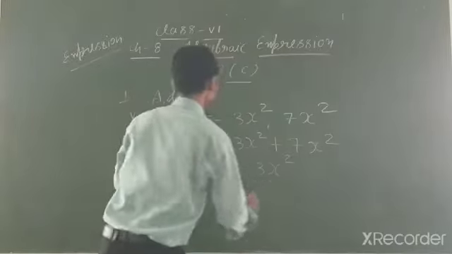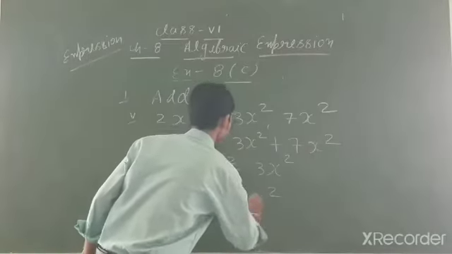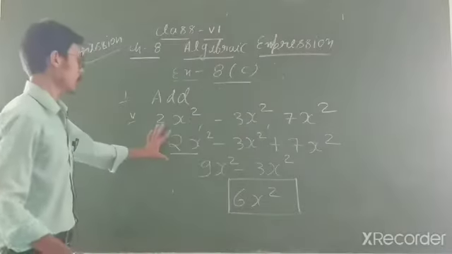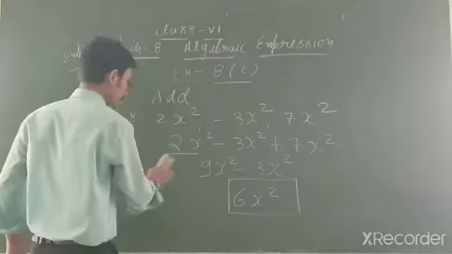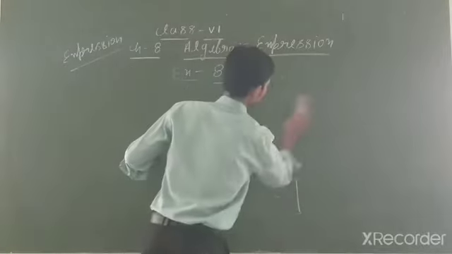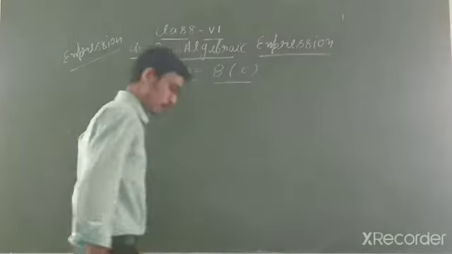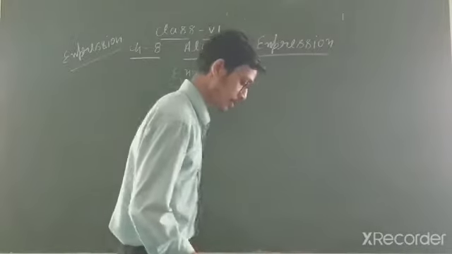Clear? Now you know that 9 minus 3 is what? 9 minus 3 it will come 6x square. So this is our solution. Clear? Only you have to see the sign and solve the question. Now I think you are able to solve the question. Addition, subtraction, you know that in earlier classes also you solved, and here I explain. So all questions are based on this, student. Addition, subtraction, multiplication, addition and subtraction.